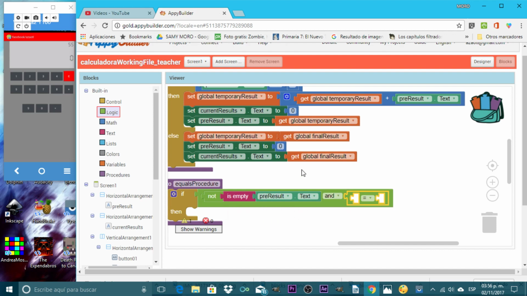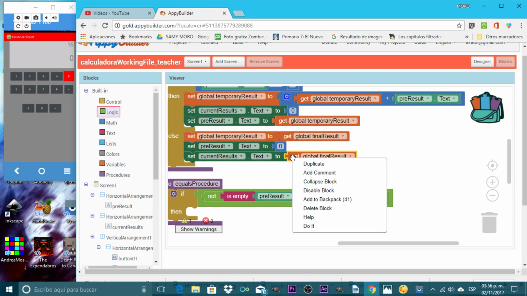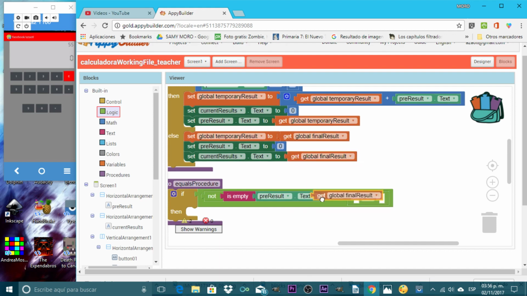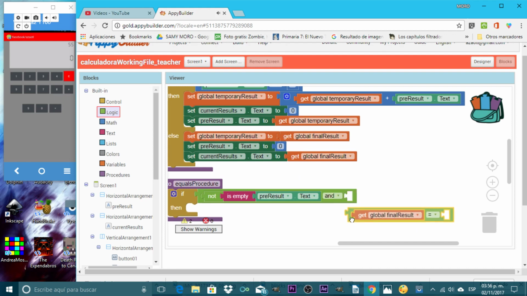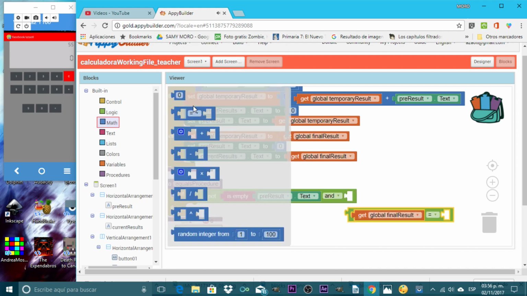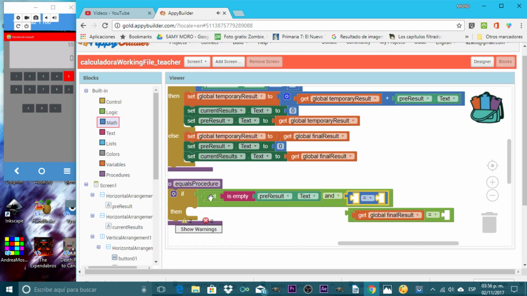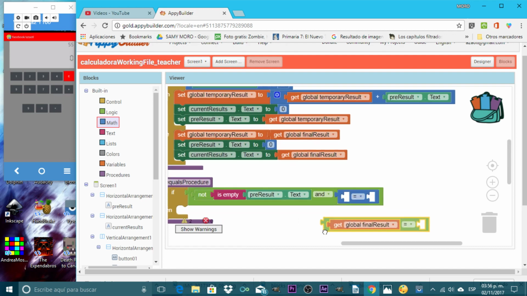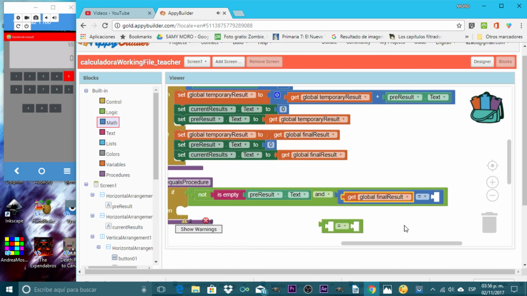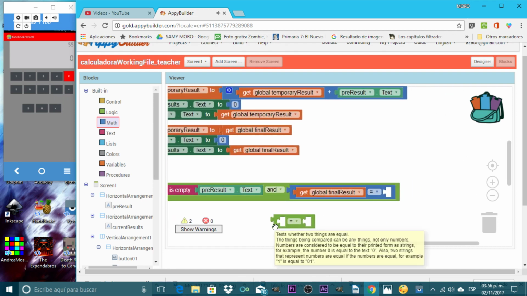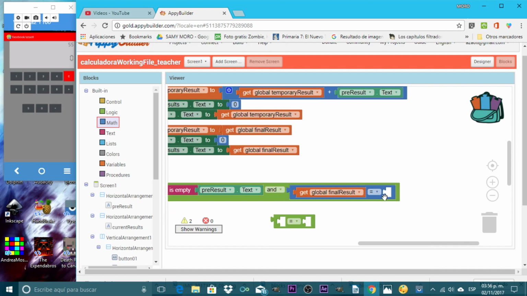And the final result equals. We can add something because we're going to compare numbers, so it's better to use the blue one. The first one is because we're comparing text, so more than a value. And then this one, if the global final result equals to 0,